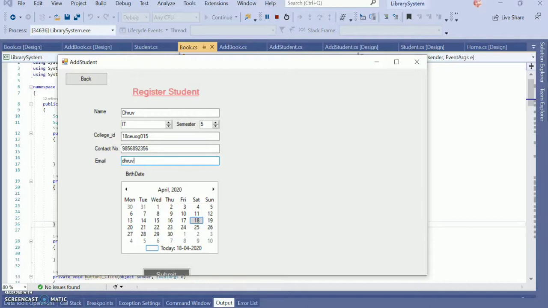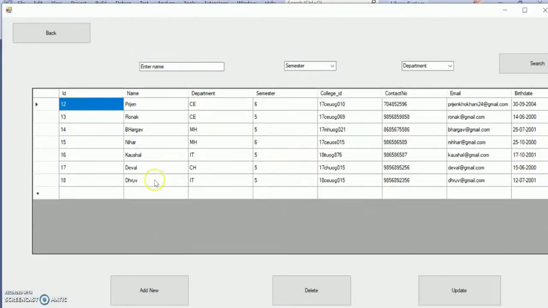Email ID is tirth@gmail.com, and now insert the birth date, 2001 July 12. Let's submit it. Yes, we can see that Tirth with department IT, semester 5, college ID, and contact number, everything is done in the database. Here we can see all the students available.